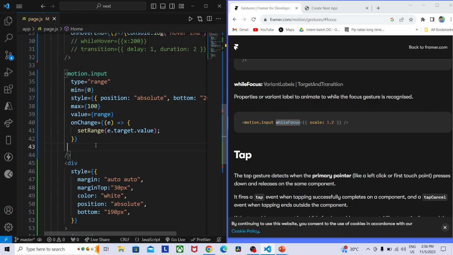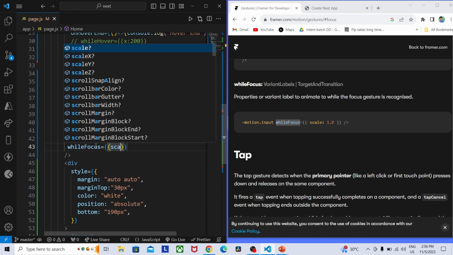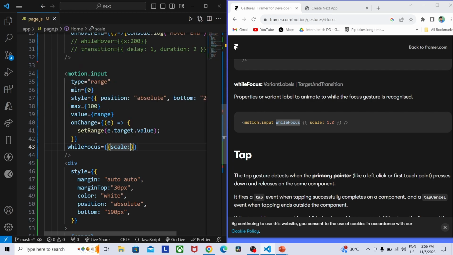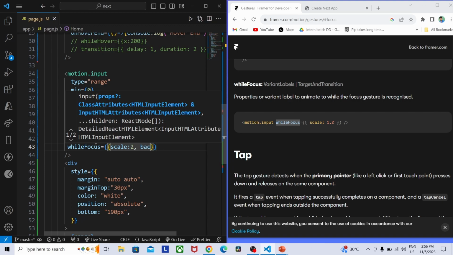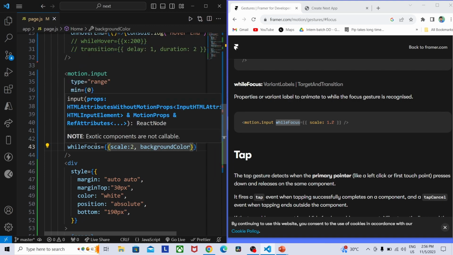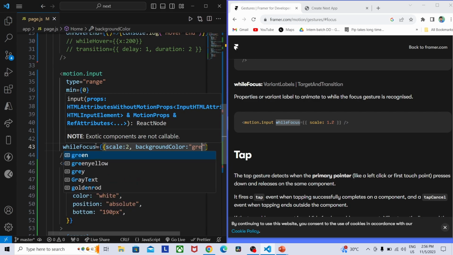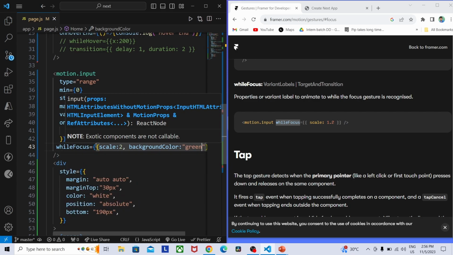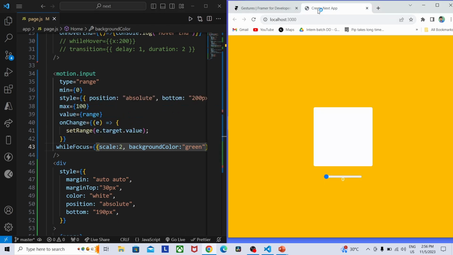So here I'm going to provide whileFocus, again an object, scale 2 times and background color green. Go to the home page,